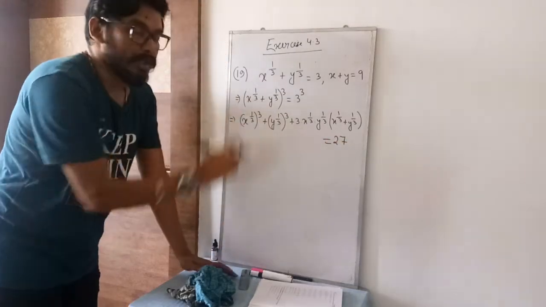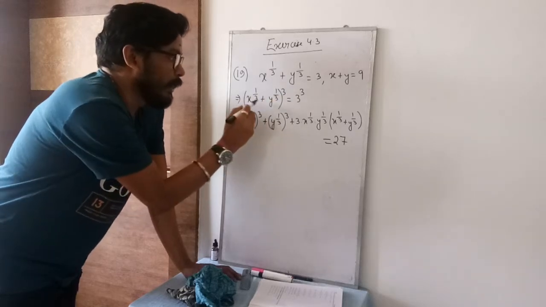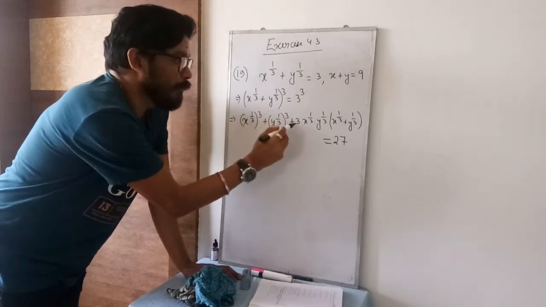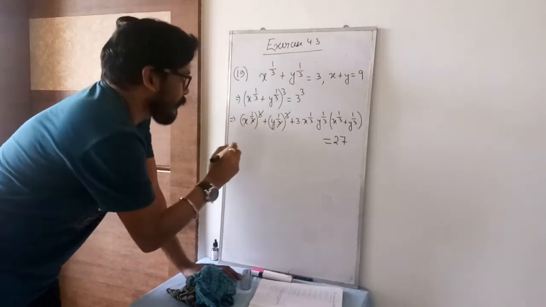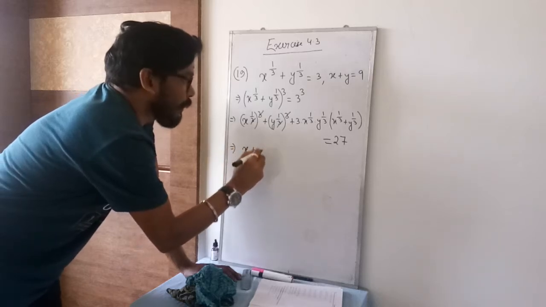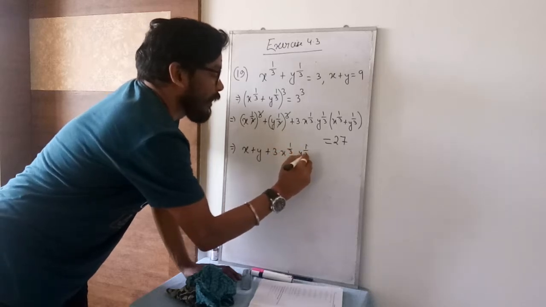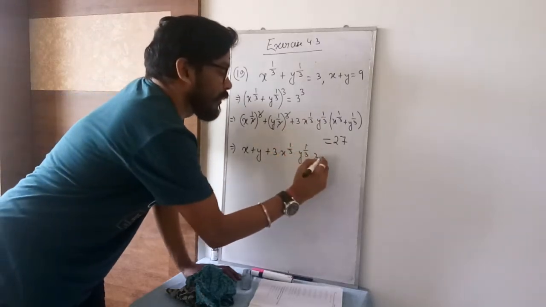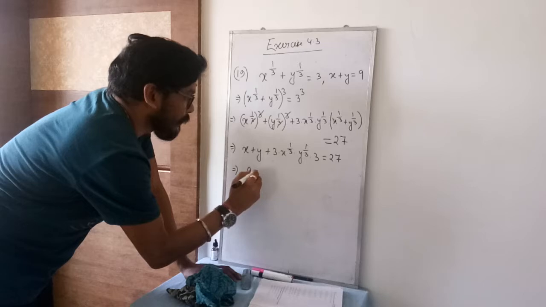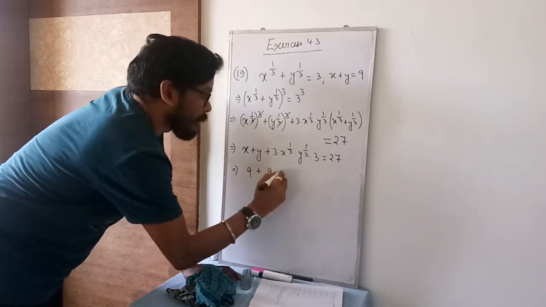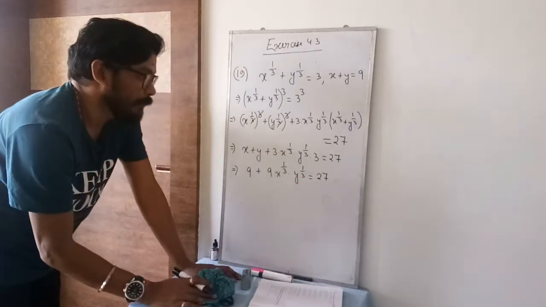I repeat again, this is question number 19. Here it was fractional power, so to remove this fractional power, I have done whole cube both sides. A plus b whole cube is a cube plus b cube plus 3ab, a plus b, and 3 cube is 27. So these three will cancel, these three will cancel. So you got x plus y, plus 3 x to the power 1 by 3, y to the power 1 by 3, and this value is 3 here. So it is 27. X plus y value you can input here, it is 9 given here. So it is 9 plus 3 times 3 equals 27, that is x plus y plus 9 times x to the power 1 by 3, y to the power 1 by 3 equal to 27.